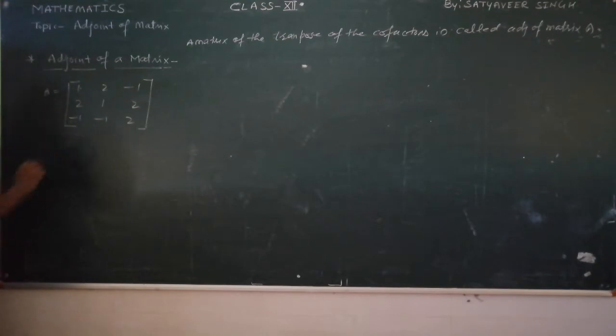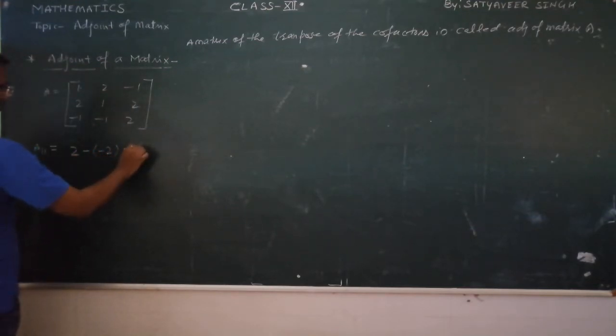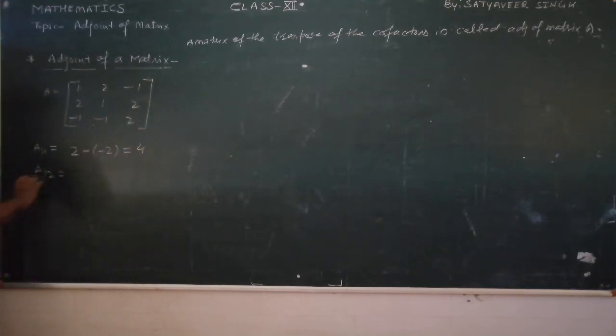So what is that adjoint? See now, first of all I will find the cofactor A11. One by one I am quickly finding. You can calculate as per the rule. So I will find the cofactors. It is now 2 into 1, it comes positive here, so I will not write anything. I am using some shortcut method here. 2 into 1 it is 2. And minus as per rule, and this is also minus 2. So it becomes 4.